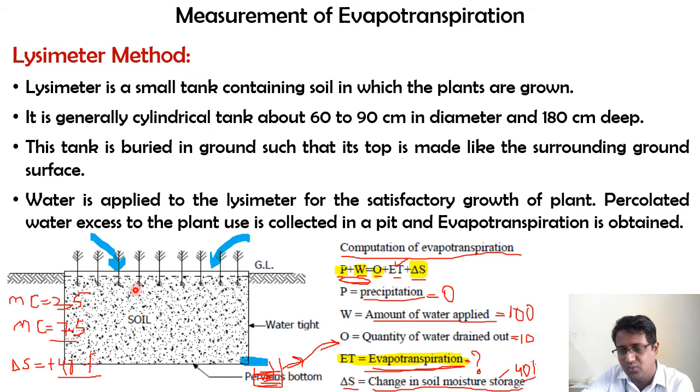Usually they don't do this in the laboratory, they do it in the field itself, because the environmental conditions, that is your sunlight, wind, humidity, temperature, all these things should be as similar as possible to the field case. So that's why this particular container will be dug up and placed on the field itself, to make sure that we get realistic values. With the help of this we can determine the evapotranspiration. So this is the process of the lysimeter method.